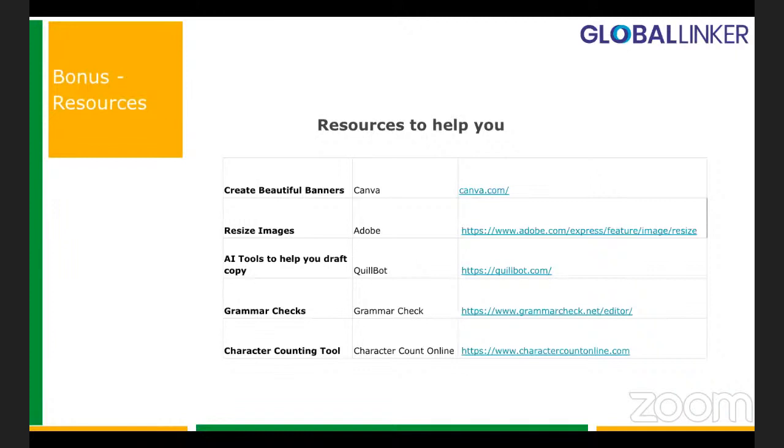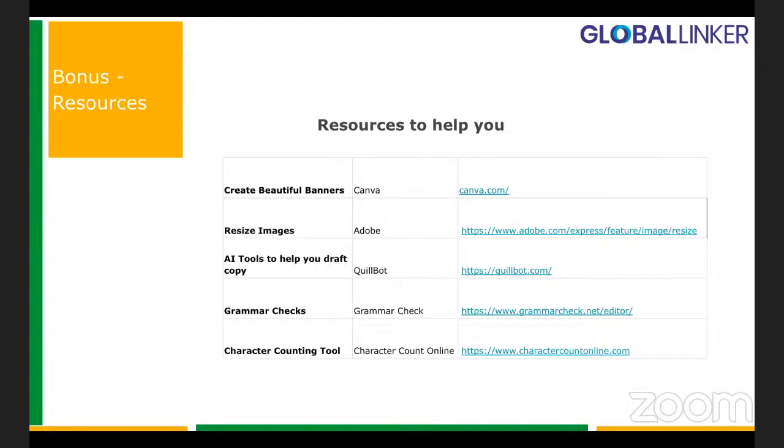Here are some resources I was mentioning to you that you can use to create a good profile. So here is where you can create nice and good banners. You can use Canva to resize your images to make sure that your images show correctly in your product photos, in your logo, in your cover banner. Use Adobe. It's a free tool. There are several AI tools now available for you to use to write good copy.